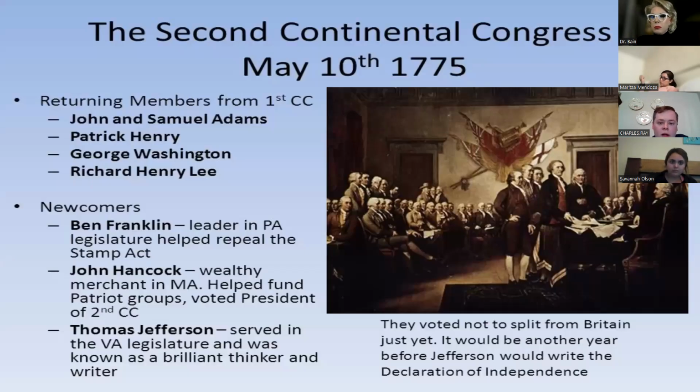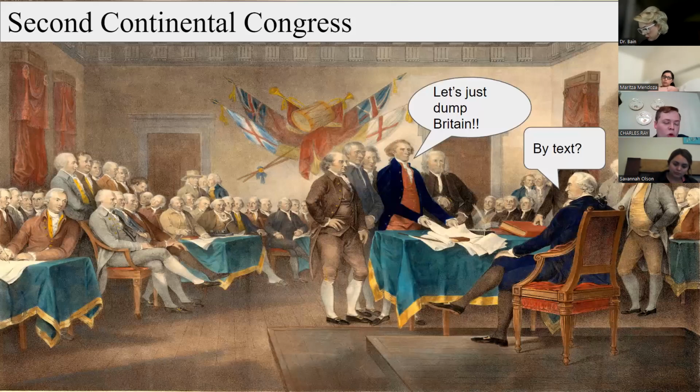So moving back a little bit. We're told no by the king, and honestly, we formed the Second Continental Congress. This is where the Declaration of Independence will be adopted and written. But before we get to the part where we decide to break up with Great Britain, pretty much by text,